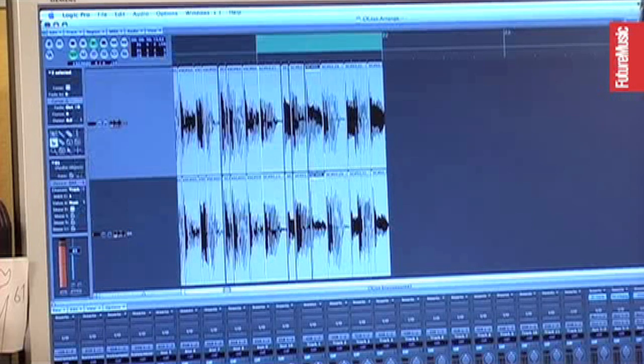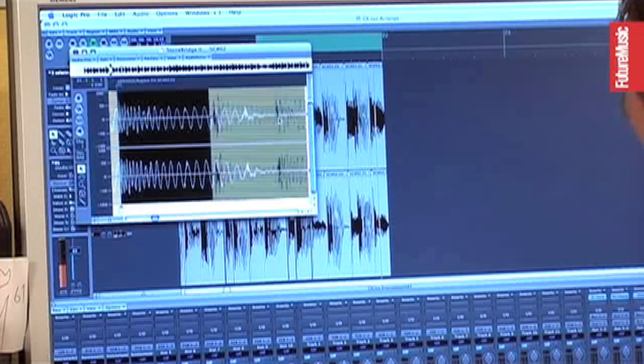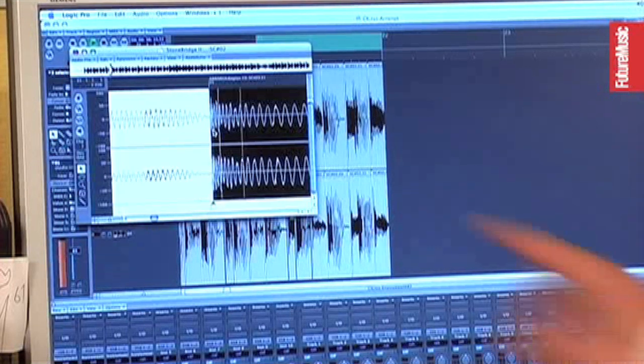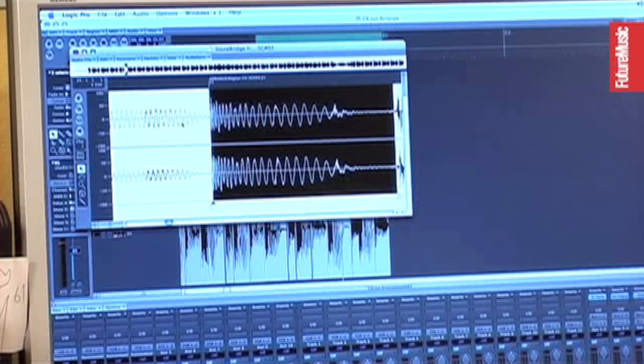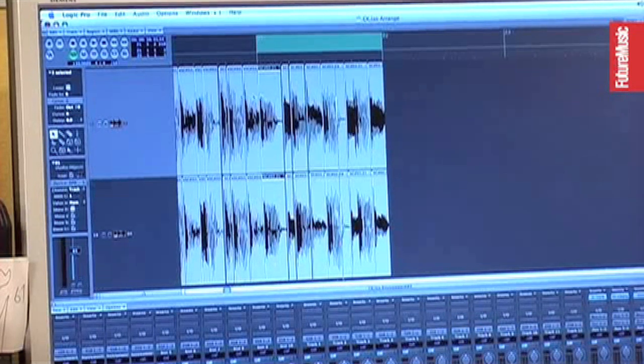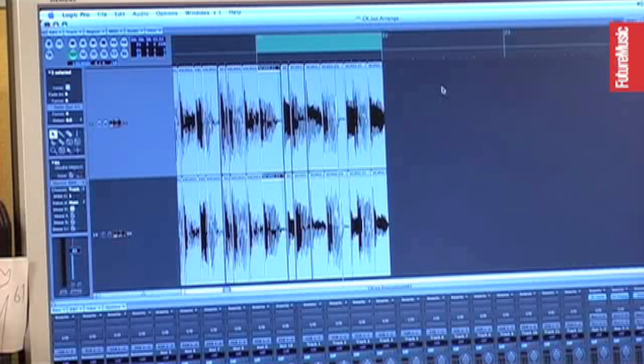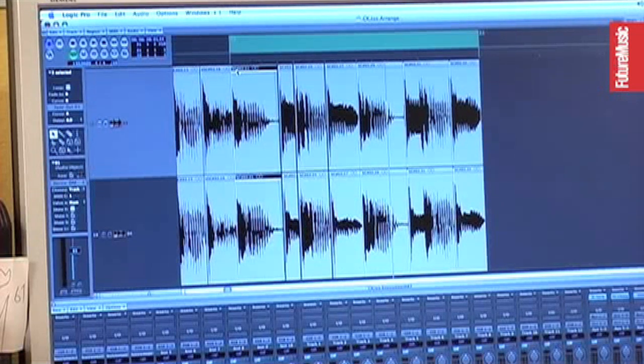So you see in this loop there's a lot of this typical decay from a kick, these waveforms here, and if you cut in the middle you get a little click. Sometimes you don't hear it, but at one point you will probably hear it in a breakdown or something. And to get rid of those, the best way is to do a short fade, maybe 5 milliseconds, something like that, and you do that on all the endings.